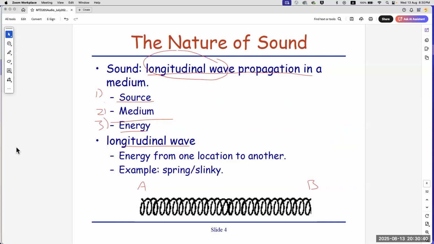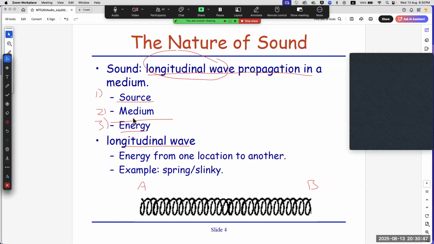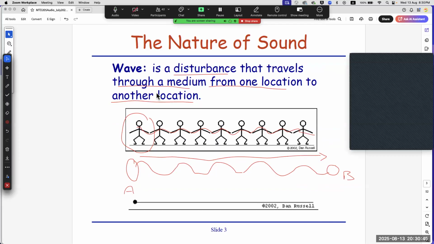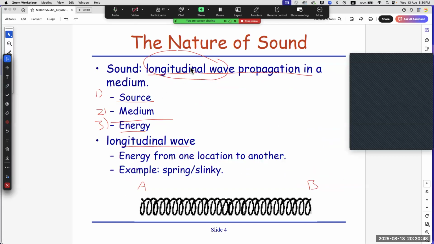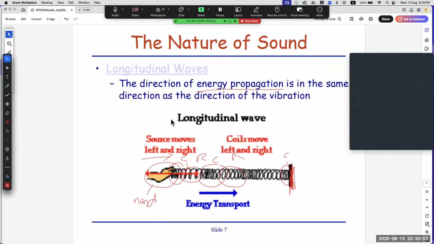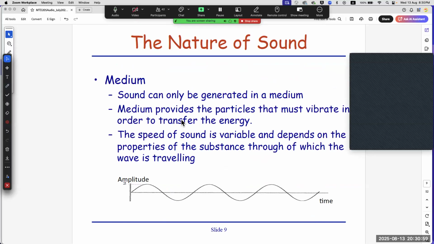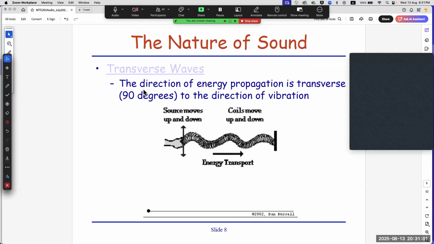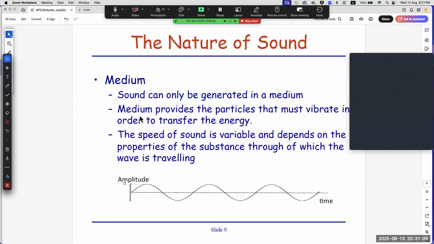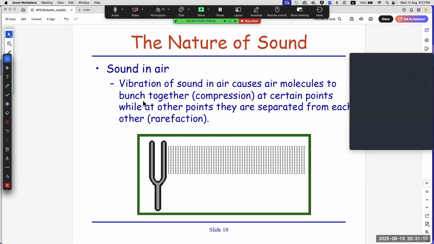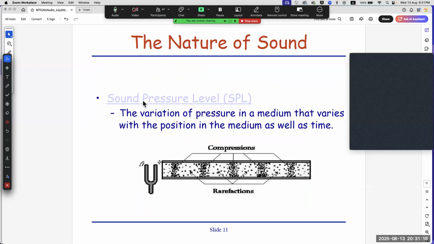Some of you will already know that you definitely need to know what a longitudinal wave and a transverse wave are. This is a very important first concept. You need to know that in a longitudinal wave, the direction of vibration is parallel to the direction of propagation. A transverse wave is 90 degrees apart. And of course, sound needs a medium. Your online quiz may definitely test you in October. Of course, we'll come back to this later before your online quiz.